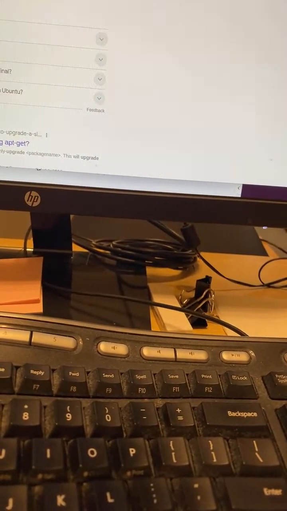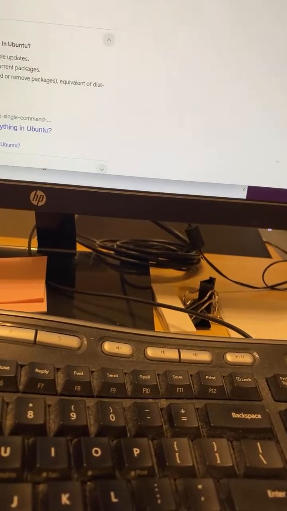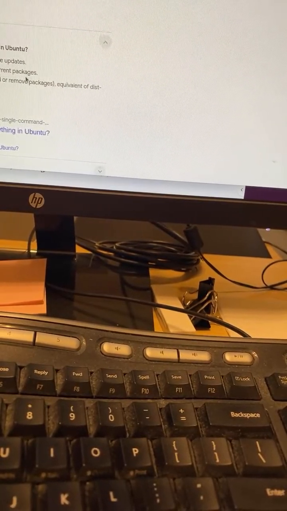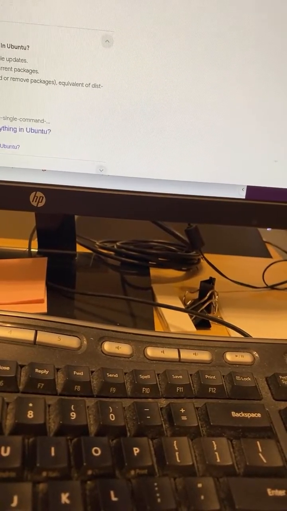It says here, people also ask, how do I upgrade all packages in Ubuntu? And you click on it, and then it will give you what you can do. It says here, sudo apt upgrade. So basically, if you type here sudo apt upgrade,